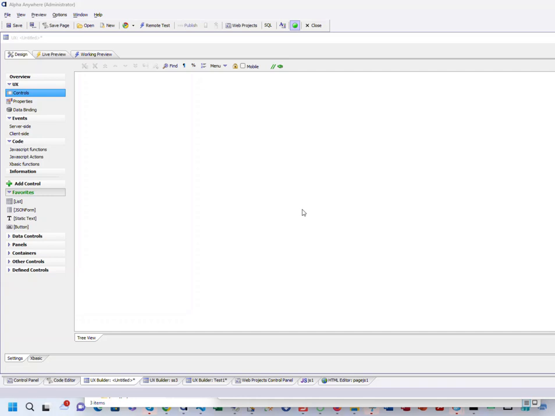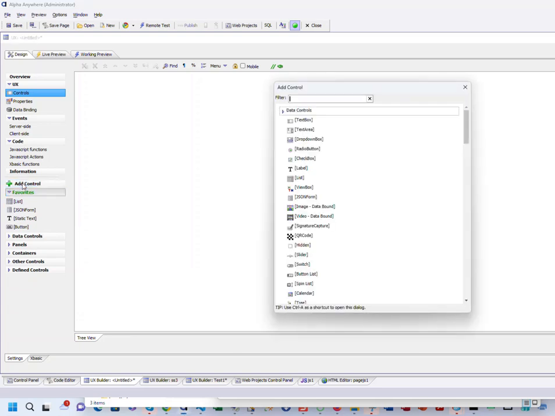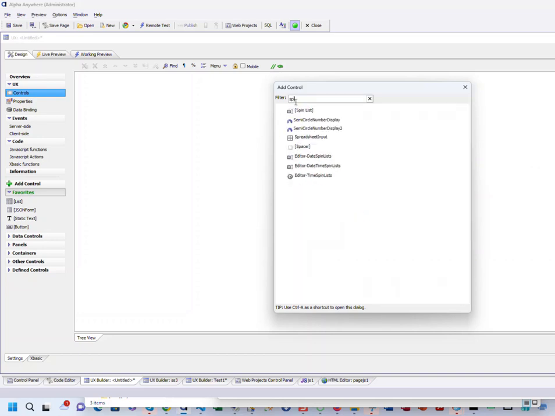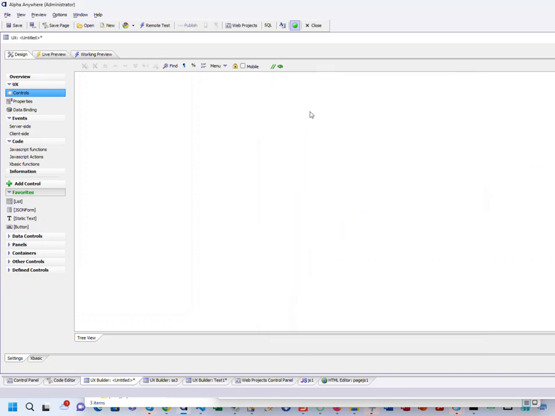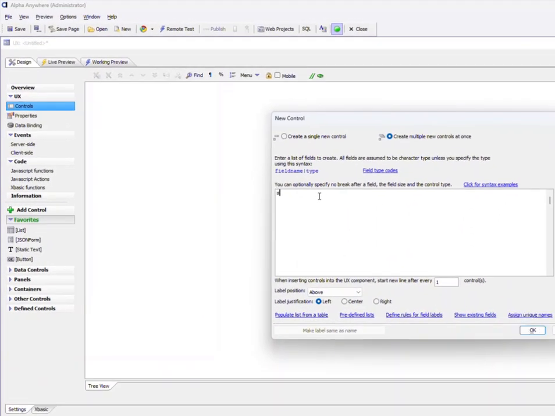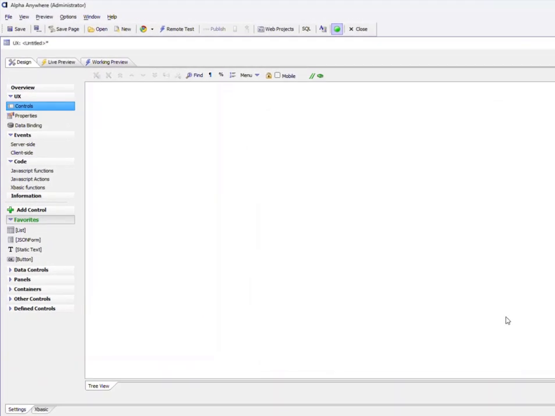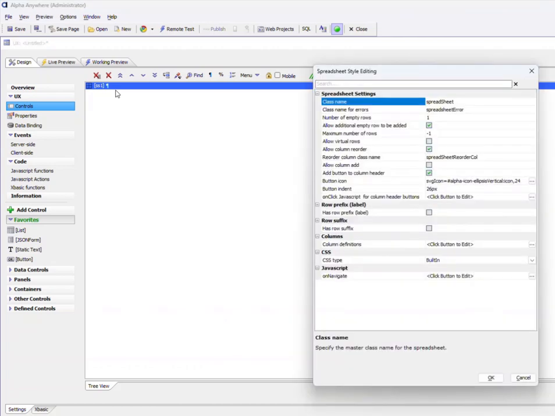So in this video we'll discuss the enhancements to the spreadsheet control. So let's start out by adding a basic spreadsheet control. So we'll go ahead there and click add control. We'll search for spreadsheet and we'll add a spreadsheet control which we'll just call SS1, and then we'll double click on it to configure